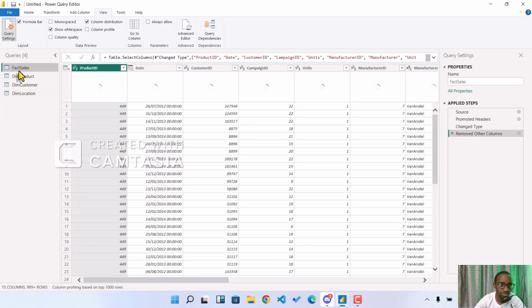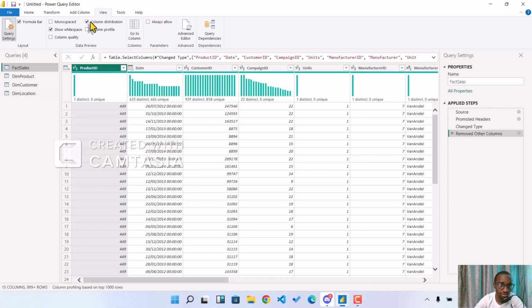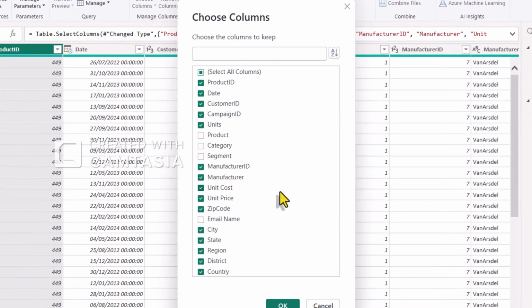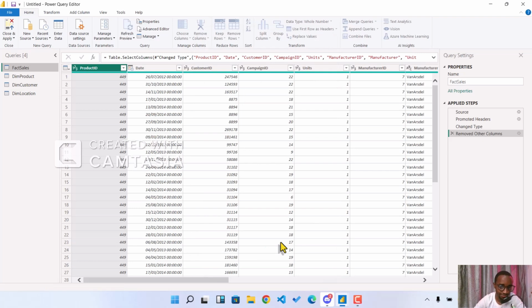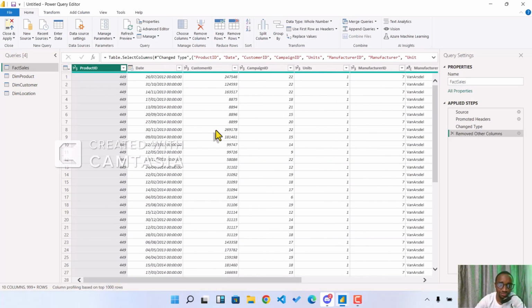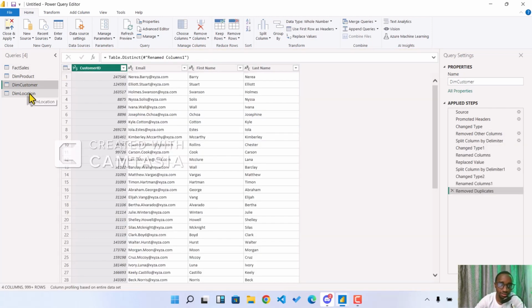So we come back to this fact sales and we do the same thing. What do we do here? We remove those location columns that have to do with locations. So we leave the zip code, of course, as the foreign key. City, state, region, district, country. Yeah. So as you can see here now, we have reduced the size of this. You can see now, right? We've got just 10 columns left. So we've reduced the size of this table, okay, by breaking it down into extra